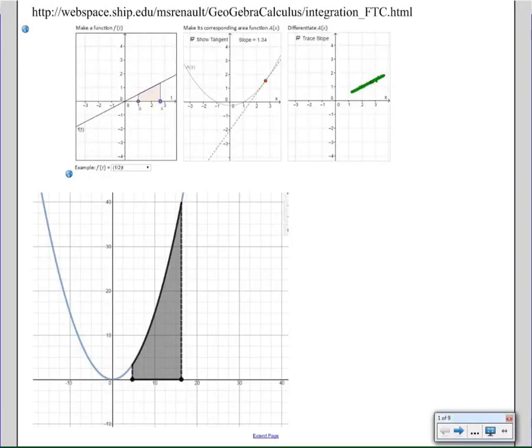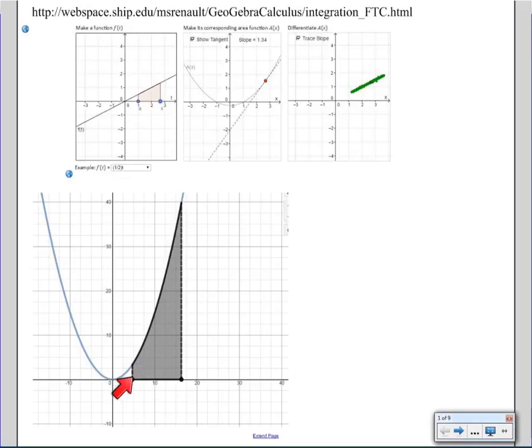Hello. In this video, we're going to talk about the fundamental theorem of calculus. It actually has two parts to it, and in the past we explored the fundamental theorem of calculus as it relates to finding areas under the curve. So for example, we would say if this was the function f of x, then the fundamental theorem of calculus